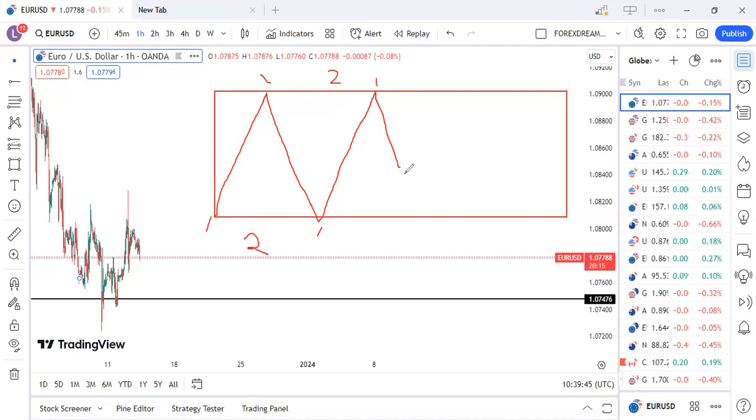By the time you figure out what they're going to do, they will create a potential continuation pattern before the breakout. What is it that they're going to do here? They will break the support like this. Once your support is broken, it becomes a resistance. That's the flip area here. Now, what is it that people will do? The market will come back to the resistance.